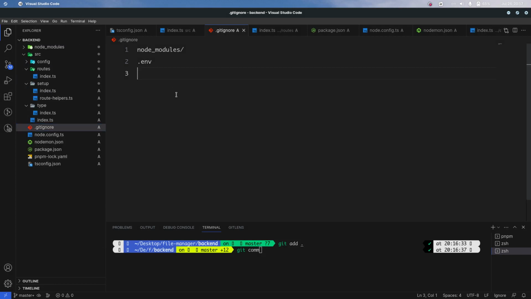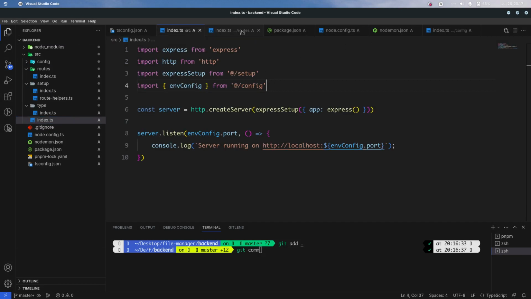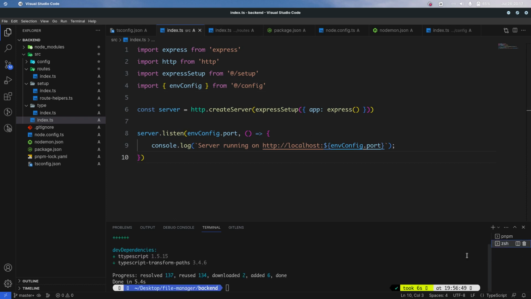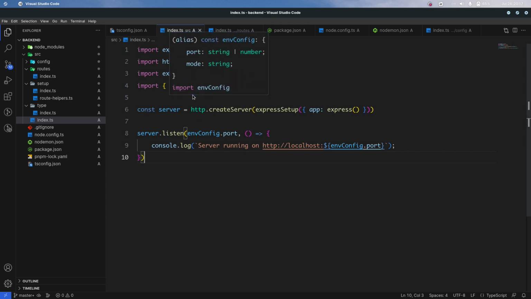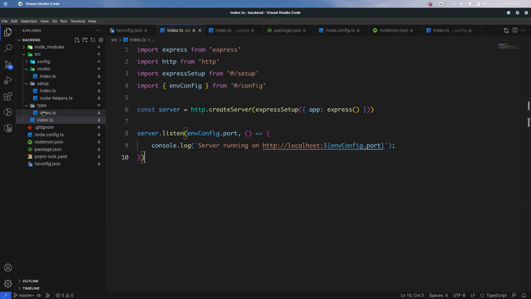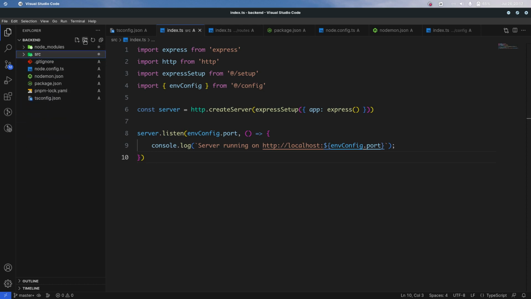Okay, I will work on the git thing later. So once this is set up, this won't be necessary now. Let's set up our database connection. So for the database connection, we'll add, let's say we'll add MongoDB. Or we'll just add dbconfig and make